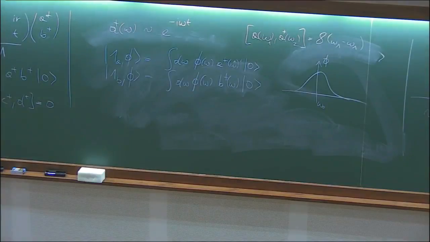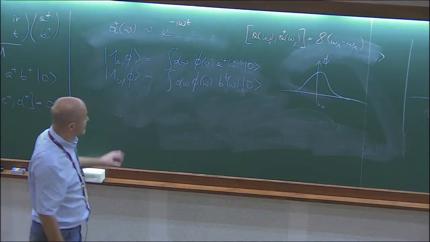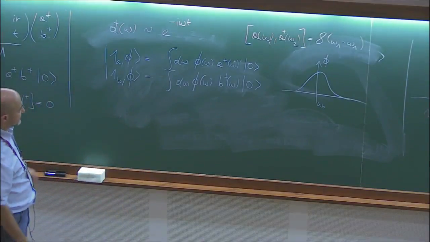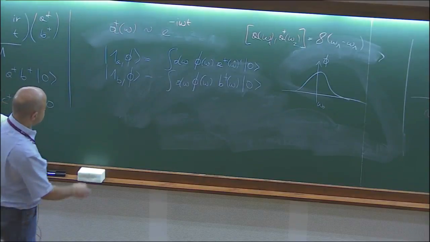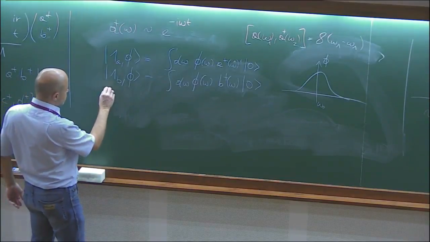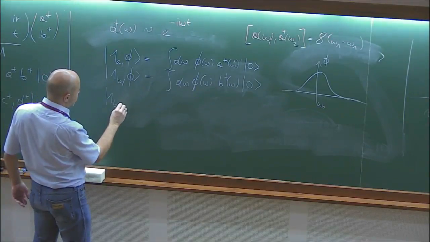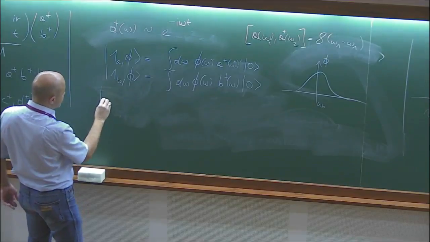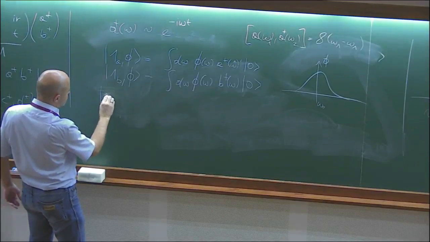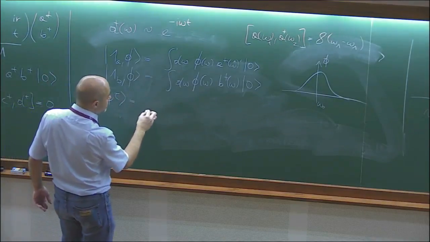And now we need one more thing: a time-shifted state. If we want to shift that by some time tau, that's actually quite easy. So the entire input state, call this psi tau, would then just be